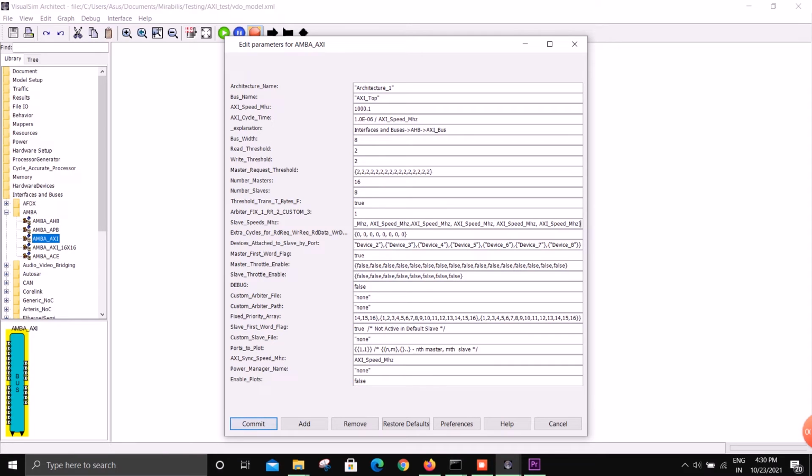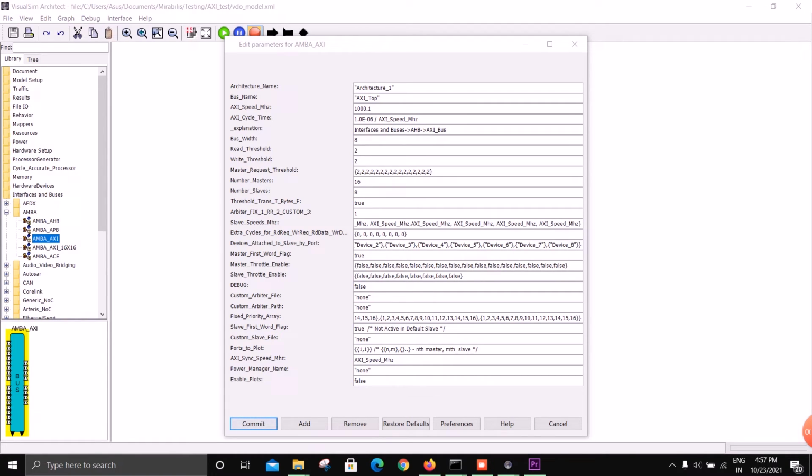Next we have the extra cycle. It's used to provide custom overhead delays on the read and write request cycles, the read data, etc. And next we have the array of the slaves that are attached. If you are attaching a RAM at slave 1, you have to rename this device 1 as the RAM, or the name of the RAM.